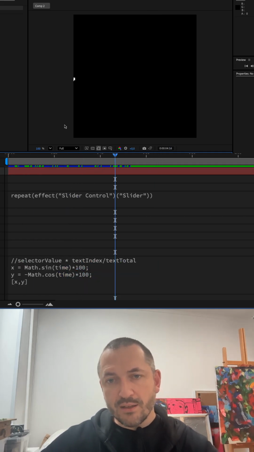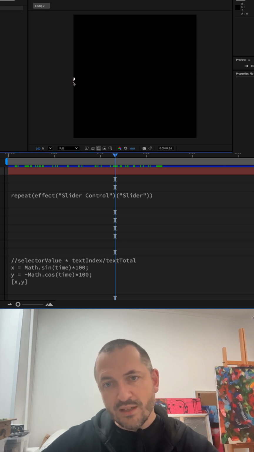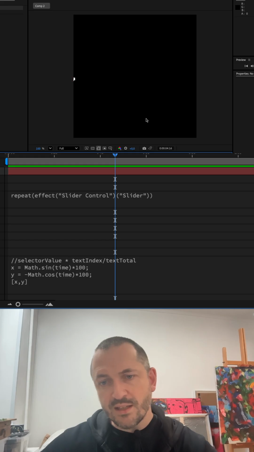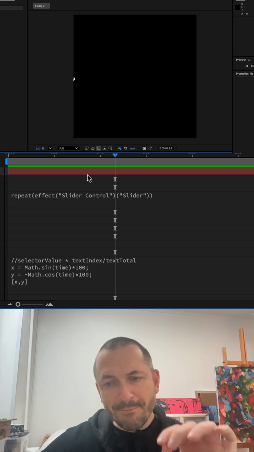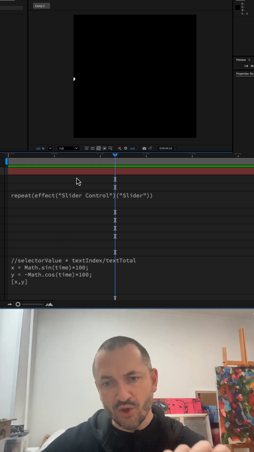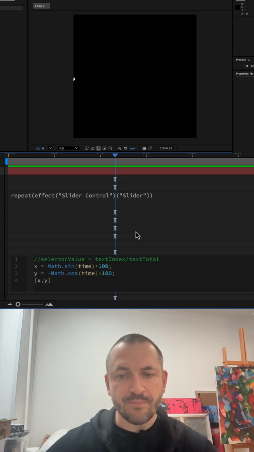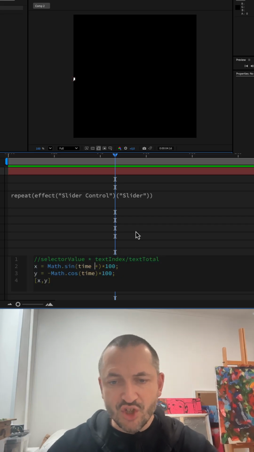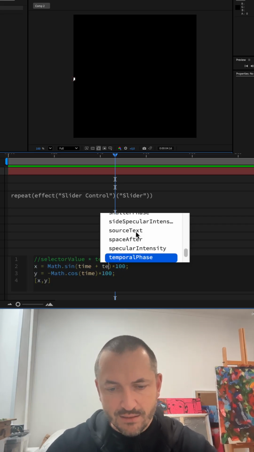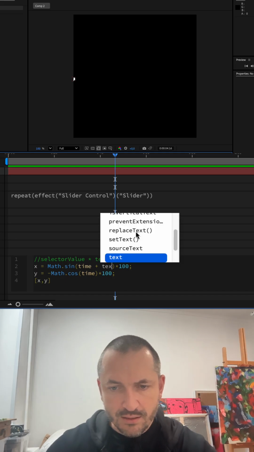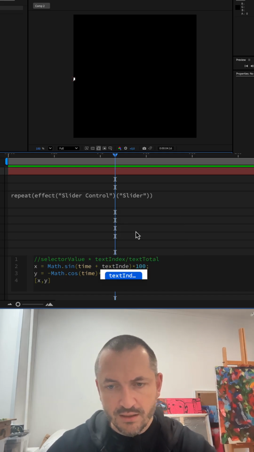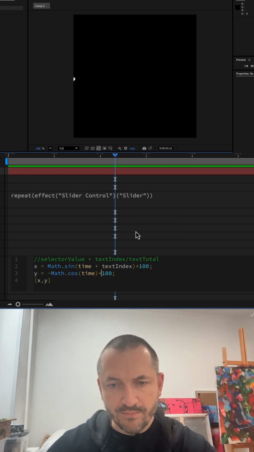Next step, we need that all characters will be in the circle. We need that sine returns a bit different value for each character. To do this, we need to make addition of text index in every step.